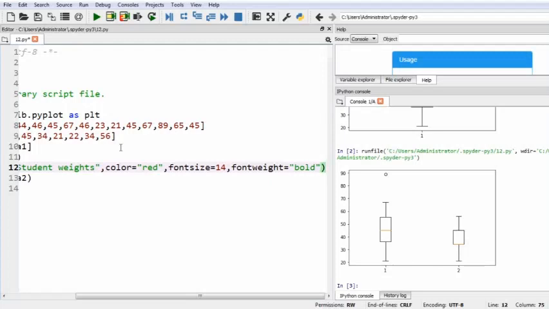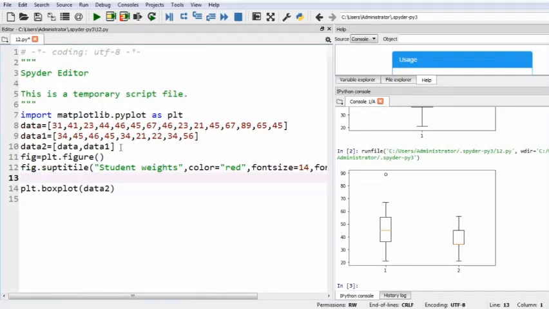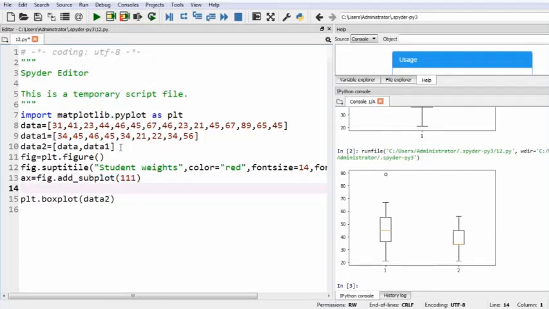Now, you have to add a subplot in the figure. To add the subplot in the figure, you have to first make one variable. For example, ax equals fig.add_subplot, and you can pass any integer number here. Now, to draw a box plot, I take one variable, box equals, now here I have to use ax.boxplot. Now, if I run this code,